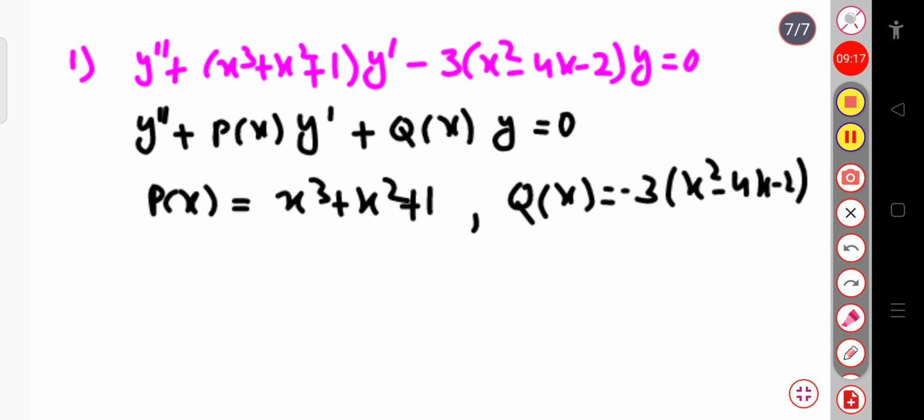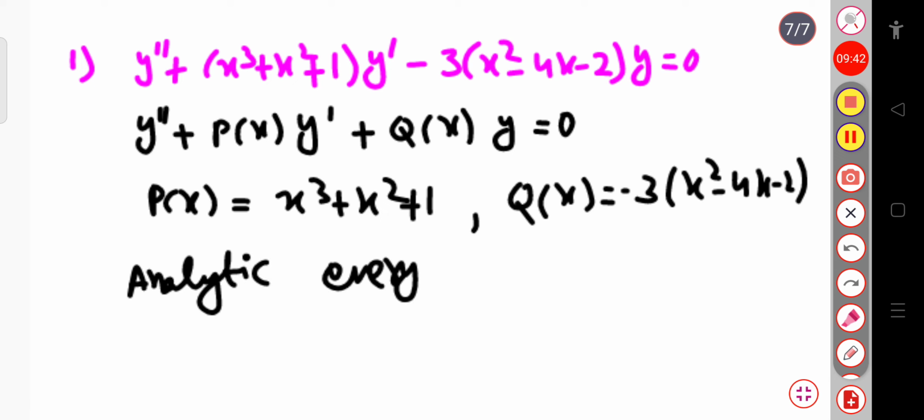In this part, you can take any value of x so that the function is defined. So any point you choose is an ordinary point, and we can simply say that this equation is analytic everywhere. So this equation is analytic everywhere.